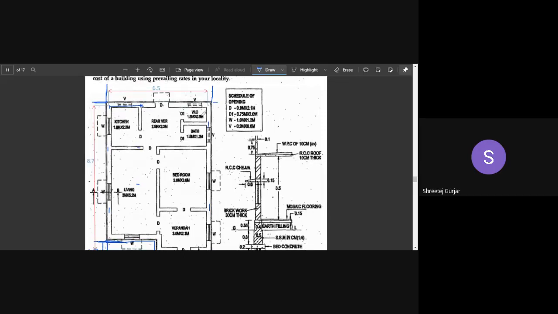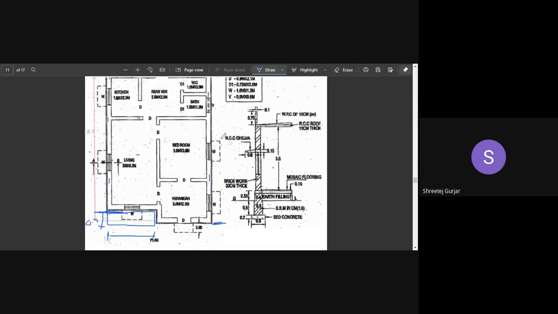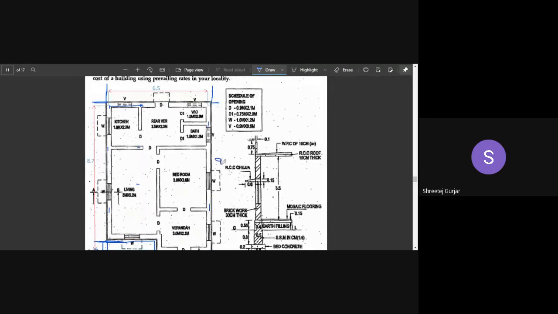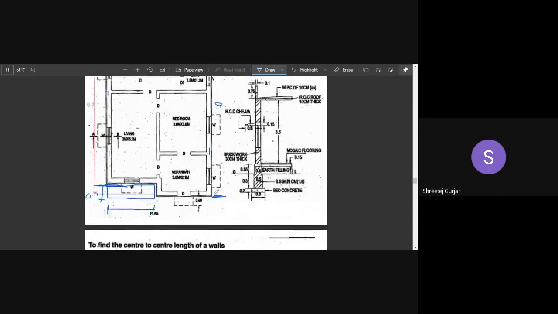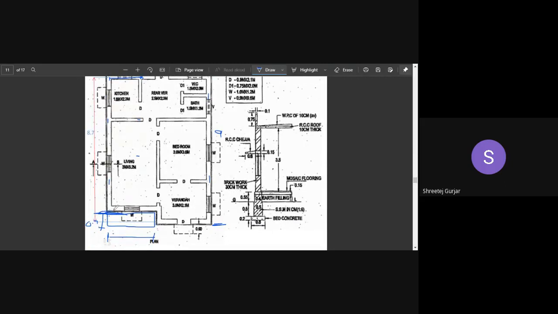So I was talking about the out to out distance. This is the out to out distance I've shown you. From here to here it was 9 meters. Remember, it is 9 meters. So I will calculate the out to out distance from here to this wall, so that after I subtract it from 9 meters, I will get this distance, from here to here.